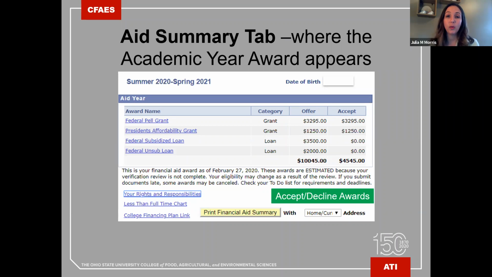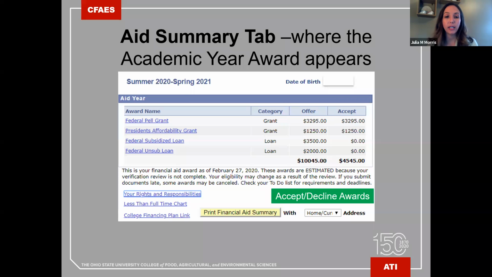When you click that, it opens up into a PDF. And it allows you to see the estimated cost of attendance, and it factors in your financial aid award. So it breaks it down by term then for you, autumn and spring semester. Another thing that I will point out, this is showing estimated, because again, that example, the student has to complete verification. So you want to make sure you're completing verification if you were selected. That way we can finalize your award summary.